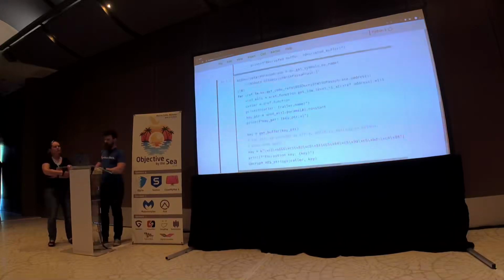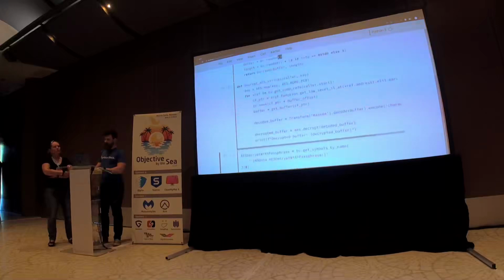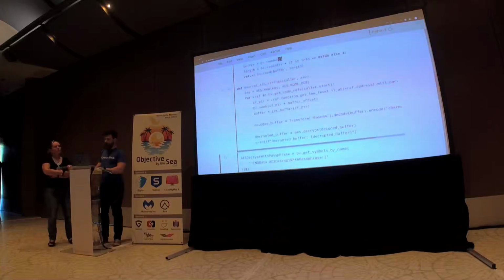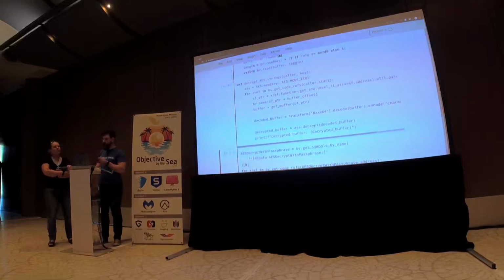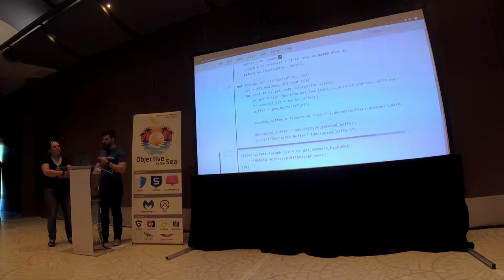So this function is going to take the code refs of the function that's actually calling the AES decrypt function, and then figure out what the key is. Oh no, we already passed in the key. This is going to take the